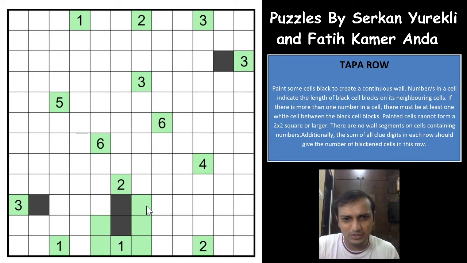way or this way, and you have already fulfilled 3 shaded cells in this row, which means that this 2 will get stranded here. You will have some shaded cells that cannot go above. That's a very good piece of logic, a very difficult one. I am not sure that was the intended solve path or intended break-in, but this would have to be unshaded.